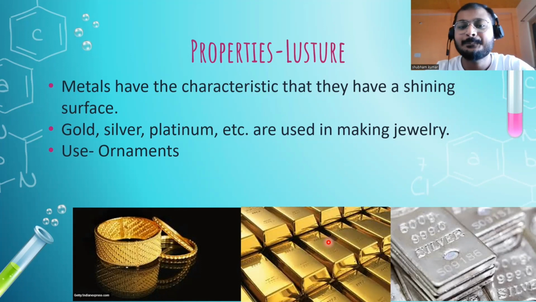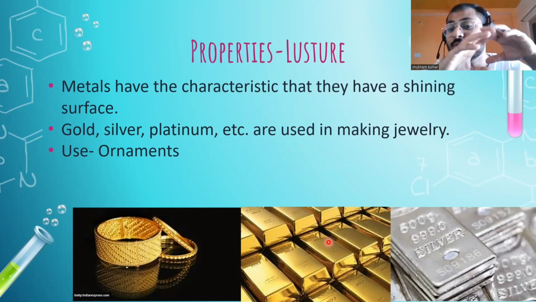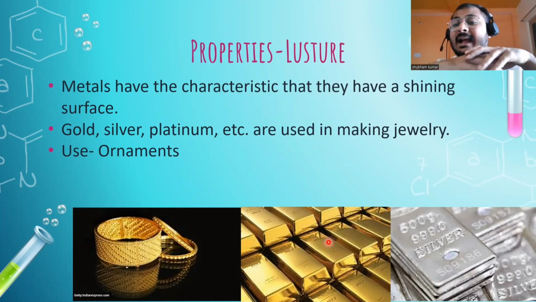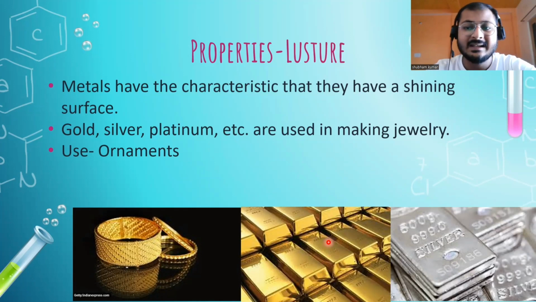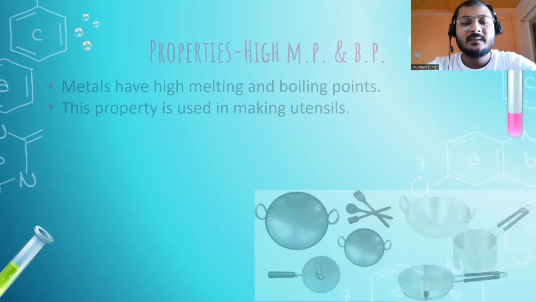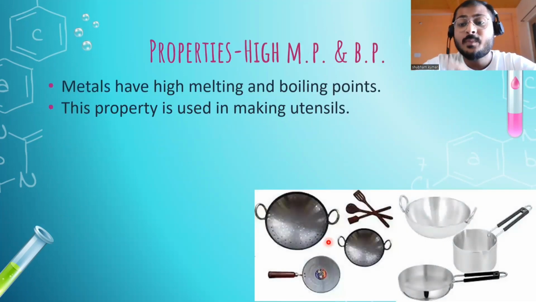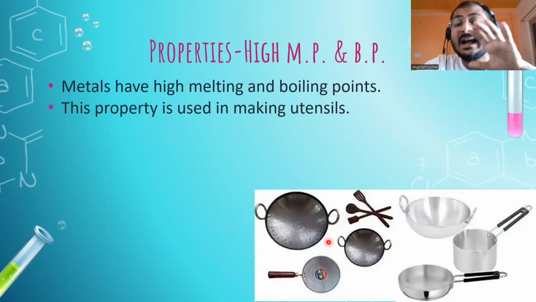So basically that luster is still there. If you cut that iron piece, or if you rub that iron surface using some hard thing, you will get that shine again. It is due to the atmosphere which is acting and covering that shine. So metals are lustrous. Moving forward, there is one more property of metals, that they have very high melting point